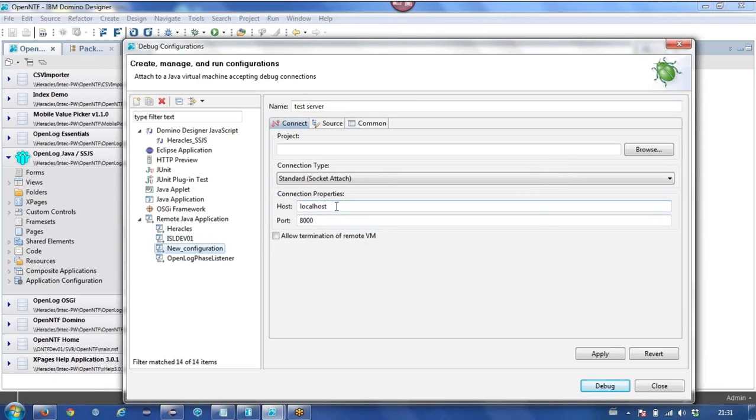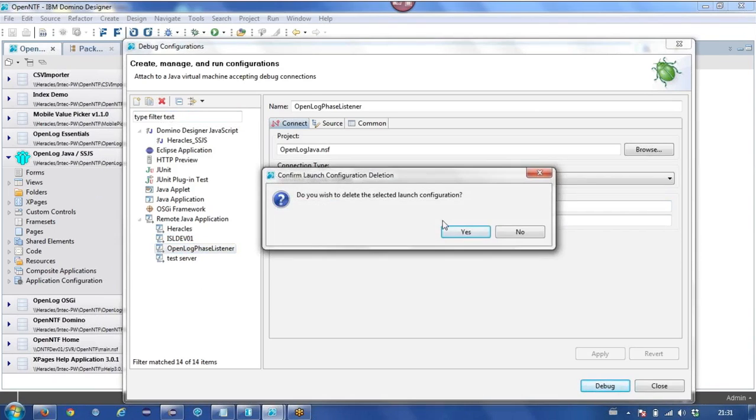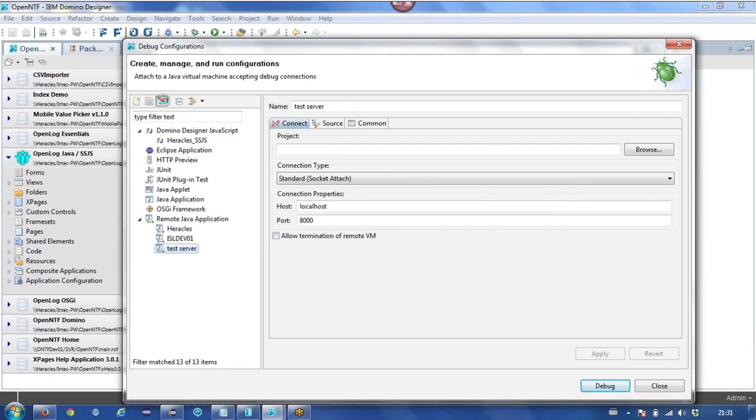It's a locally running server, so I've got it called localhost, and that's it. Here I've got one for a remote server. It's just got the server name. That's all that's needed for it. Not sure why that one's been sitting there. Let's get rid of that one. And again, here's the one for my actual locally running server.